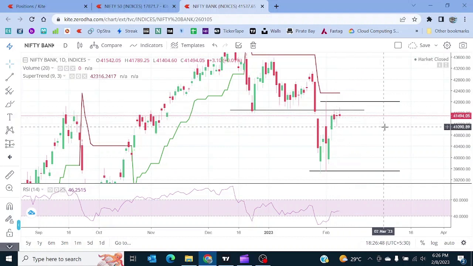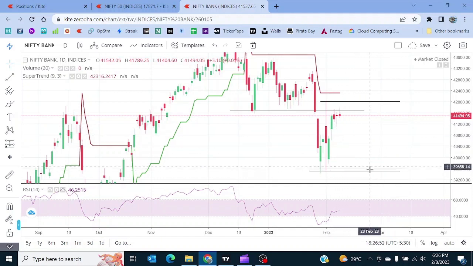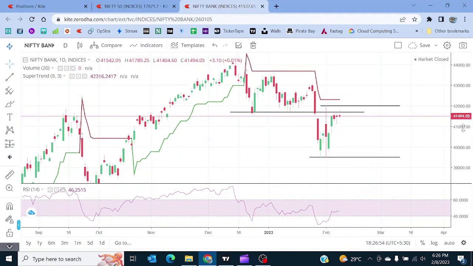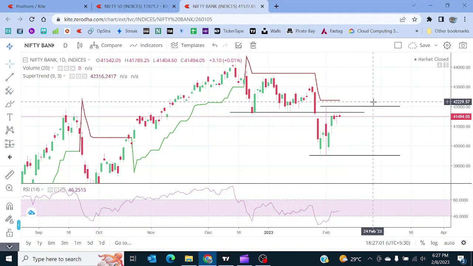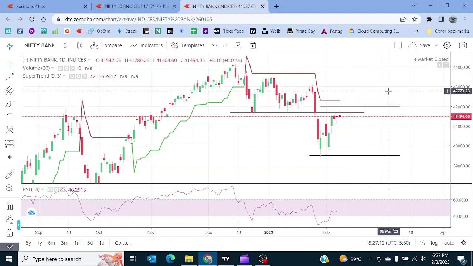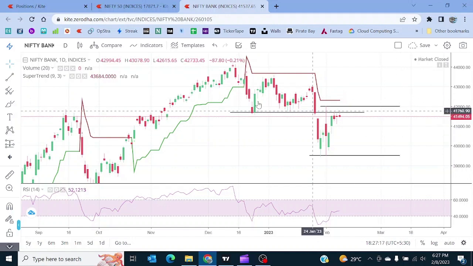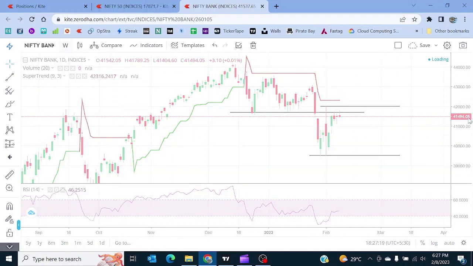Bank Nifty below 41,000 will be very weak, and most likely it will achieve this target in a very quick span of time. But otherwise, if we are able to sustain above 42,000, we may see 42,300 in maybe intraday, 15-minute or 1-hour candle. And on the upper side, this is again the second target, which is 42,600. But most likely, if you see on the weekly basis, there is a